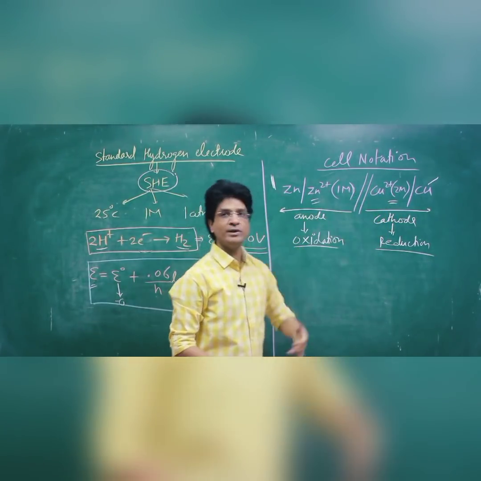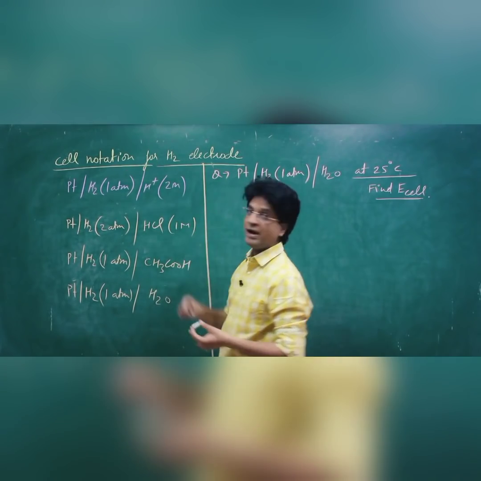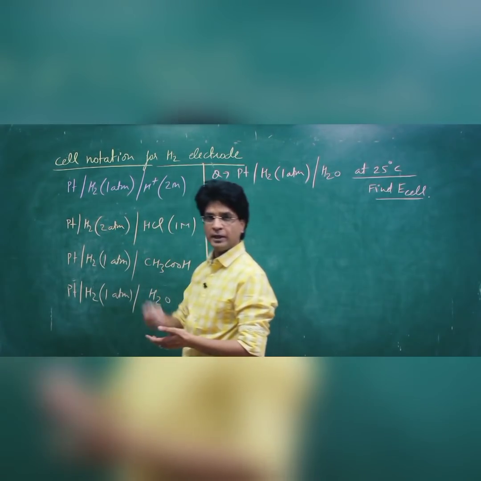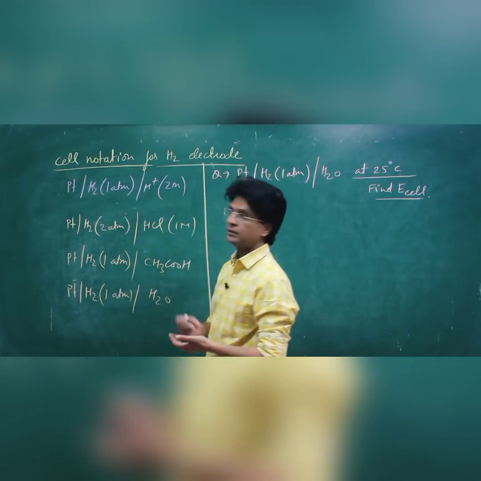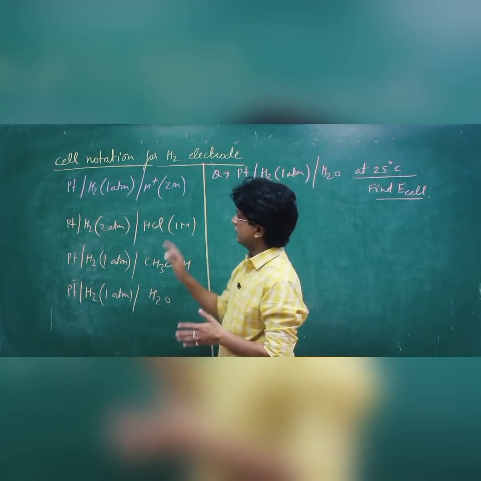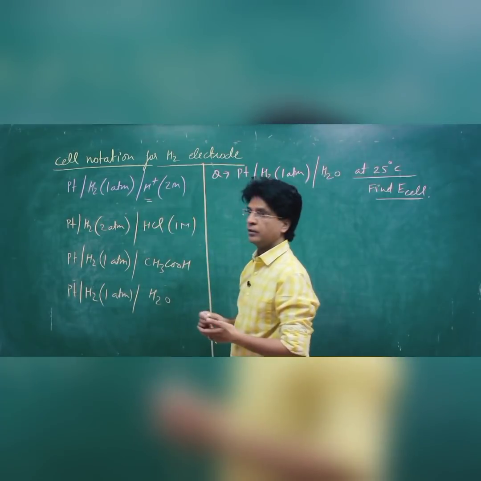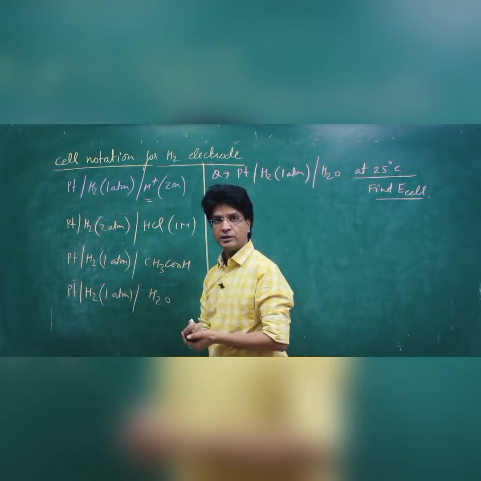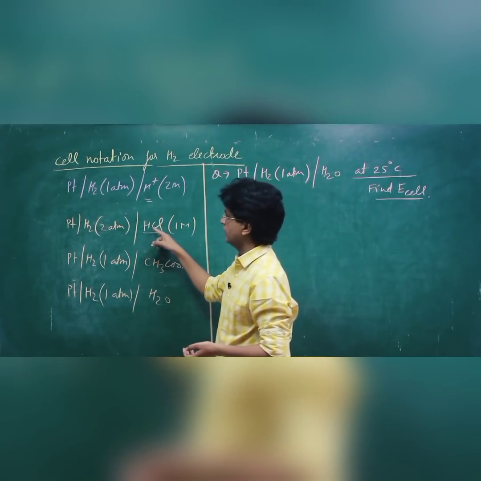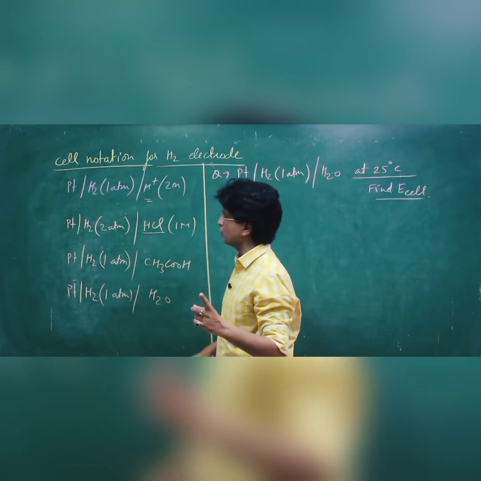Now let us solve some questions to make it more clear. So students, understand this thing, the cell notation of hydrogen electrode. Now in hydrogen electrode we use platinum as the conductor, hydrogen gas, and the concentration of H ions. Now these values can be anything. Remember that they can play with the source of the hydrogen ion. So you need not be surprised when you see the questions in the examination hall. Say HCl, they will not give you directly H ion concentration, they will give you the source of H ion. So HCl is a source of H ion.